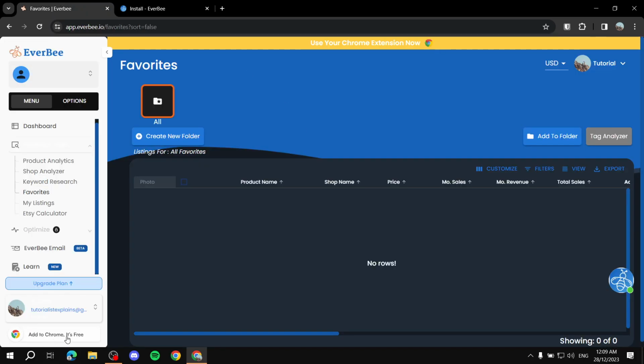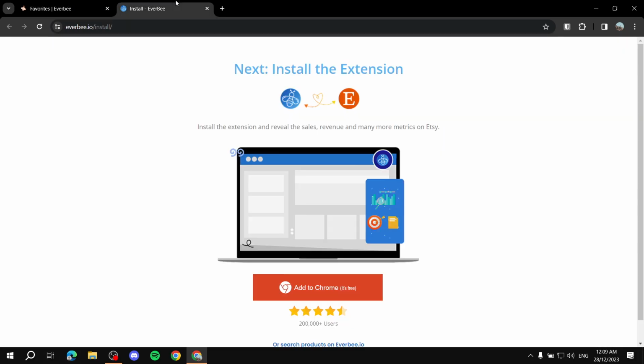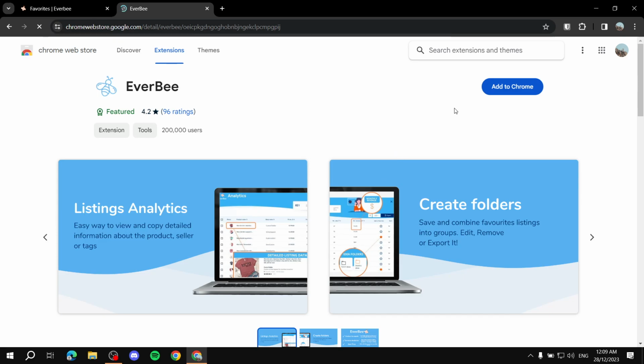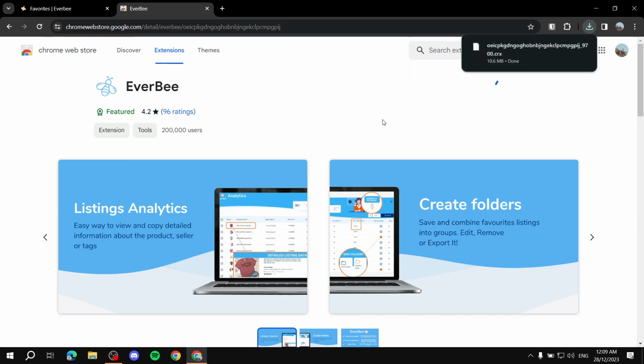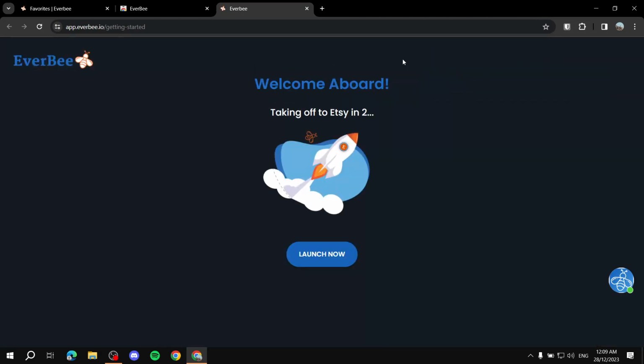Using this, you can just click on here, add to Chrome. It's free. You can just click on that and you can click on add to Chrome, and then you just give it a sec, where you will find this extension right here. Now you can add it to your browser by just going to your extensions, looking up EverBee, and then you can just add it. And then we just wait a little bit. Now once it's done, we will be able to use our